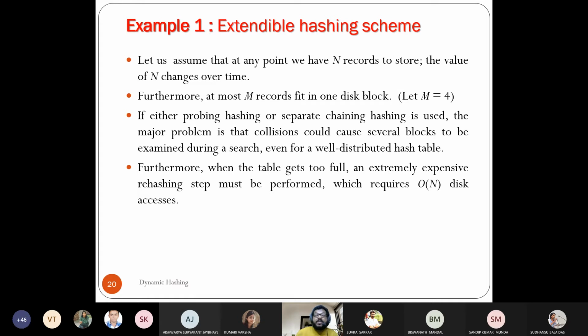Here you see the assumption he has taken: m records fit into one disk block. That means I am assuming something like this. If my single location stores 64 kilobytes and each record is 20K, I can store a maximum of 3 records. If I am using a B tree as an index, then I'll be using the m-way factor to be 3.